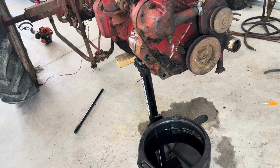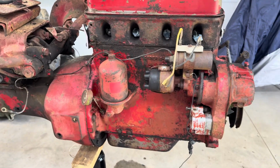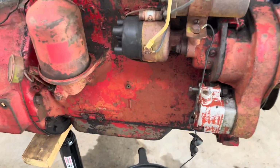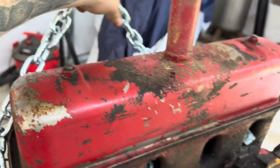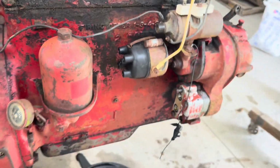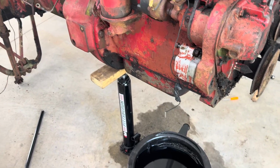So we can get right to this, which I am ready to pull this engine. I just drained all the oil out of it, so that makes it a little bit lighter. I got my chain and my hook put on to where I need it. I'll readjust that, bolted to the front and the rear, and my chain hoist. I'm gonna put the oil plug back in this, and then we can work on